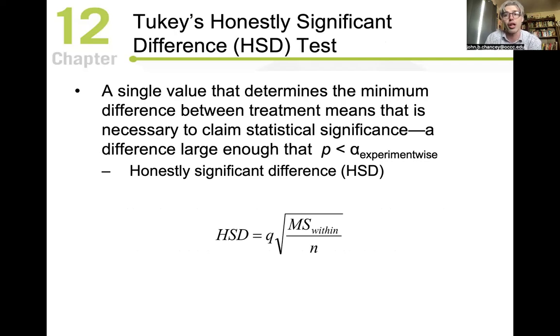So the most common one you're going to hear about is Tukey's. It's called the Tukey's HSD, or honestly significant difference. We're getting a single value that determines the minimum difference between our treatment means that is necessary to claim there is a statistical significance, a large enough difference that our p-value is less than our alpha value. And this is typically depicted as Q squared, mean squares within divided by n, so our total number of